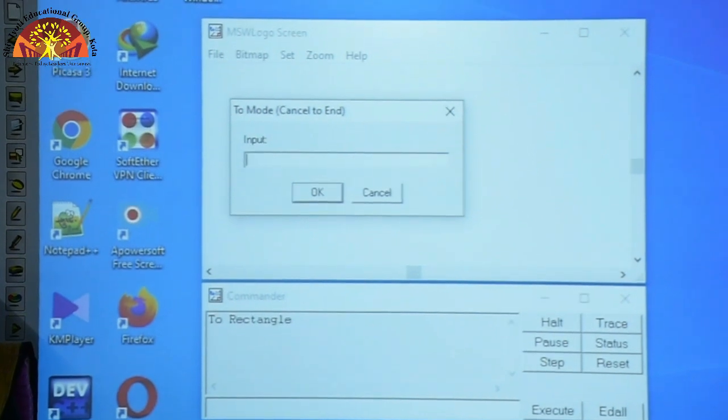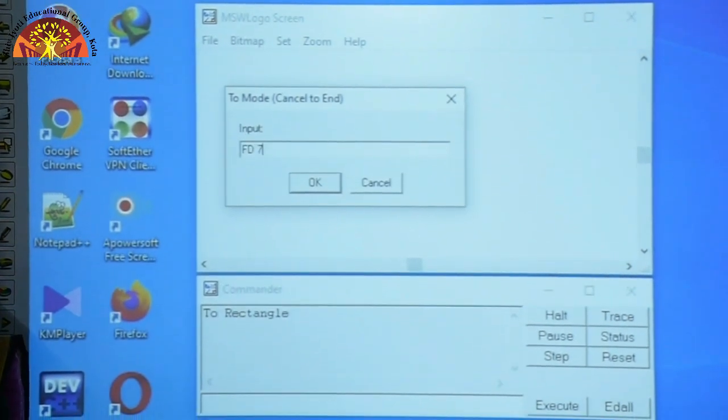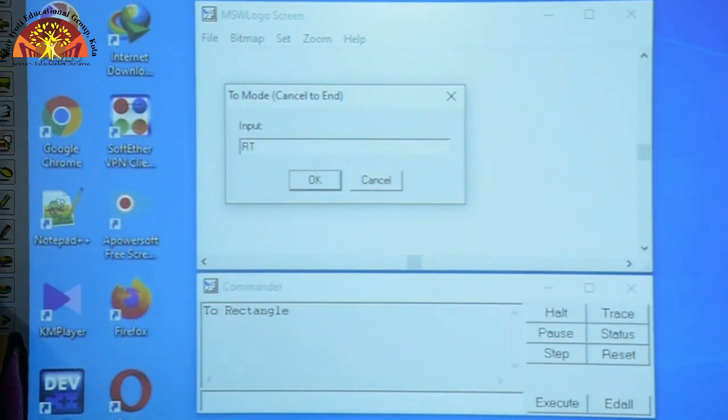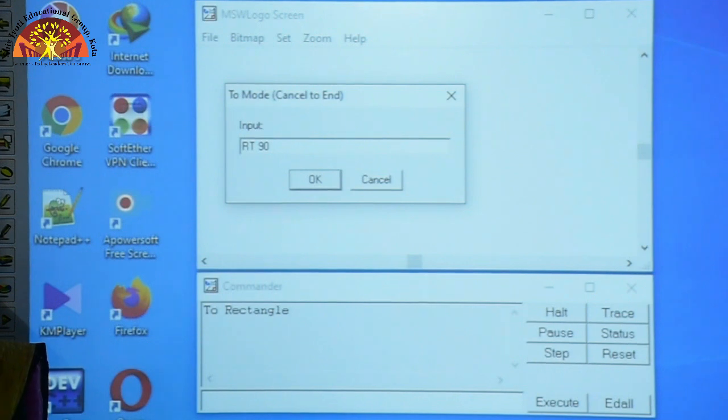Next FD 70, enter. Next again RT 90. Students, we know RT 90 is the command to turn the direction of the turtle by a 90-degree angle.